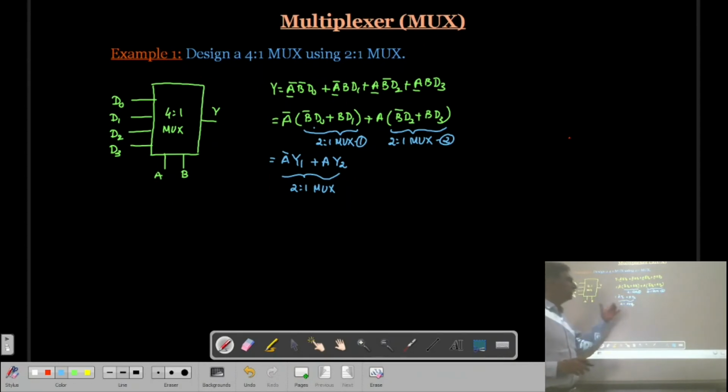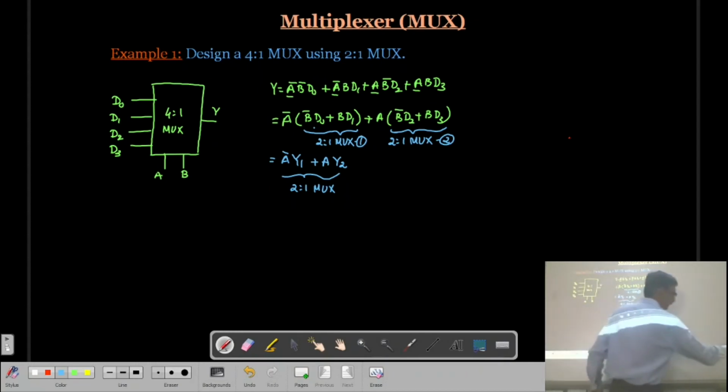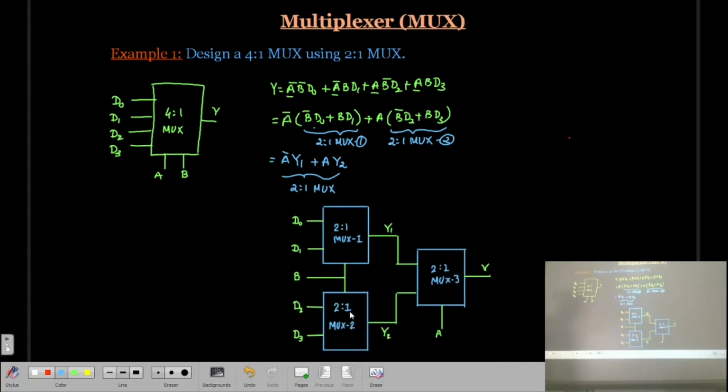So now what is the logic diagram? Let us see. Here you can see this logic diagram. What is my first multiplexer? Try to understand. The first multiplexer has D0, D1 input lines, and B is the selection line.